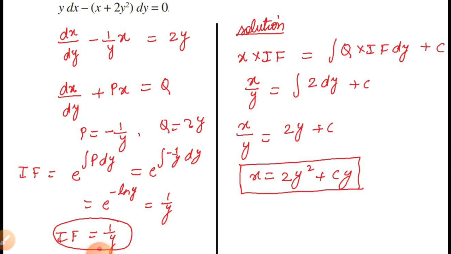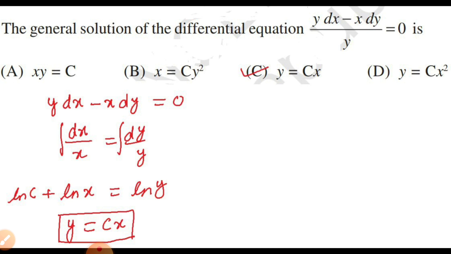Now we will proceed further. So here it is a type of differential equation, but we don't know which type of solution method we can use. One thing that is sure is that this is a first order first degree differential equation. If we rearrange the terms, y can be taken to the right hand side, then it will turn to 0. We will have y dx minus x dy equals 0.